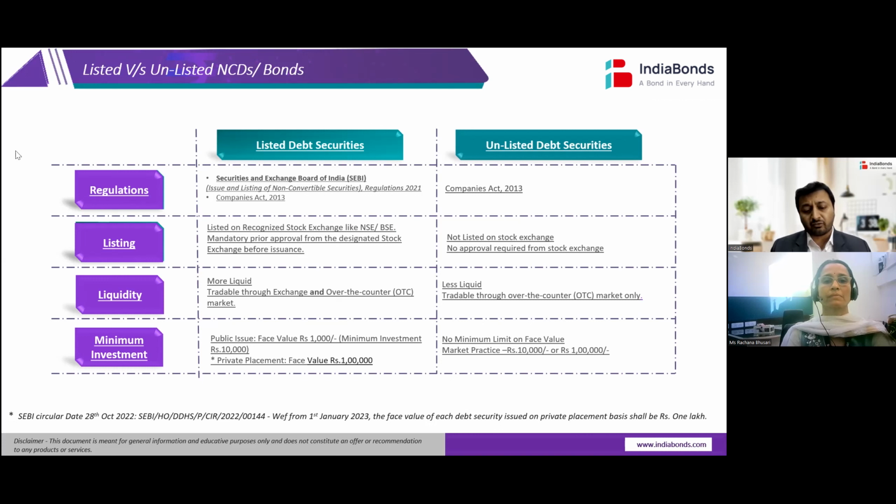So today there can be a possibility that you invest in unlisted bonds, but there can be a possibility that you will not get an exit. Hence, it is very, very important to ensure that when you're buying a bond through anybody, that person gives you that support. Hence, the knowledge of understanding the risks of every financial product is very, very important. So whenever you're doing that, do ask that in case you want to exit, will you get the support, right? These are again tradable on the OTC, so they can be traded.